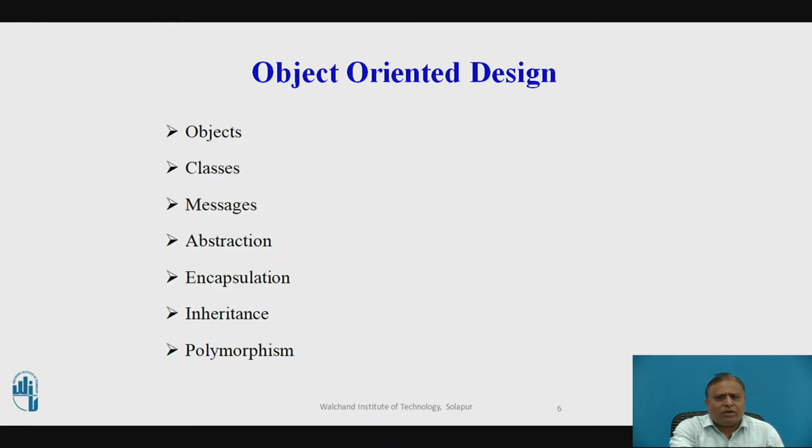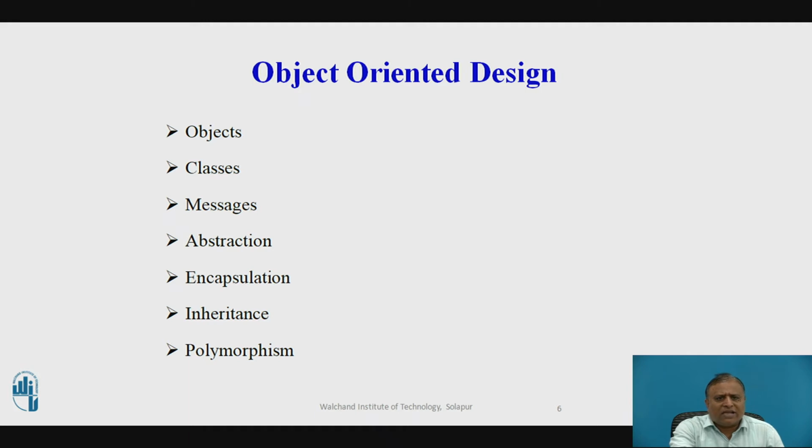In object-oriented design, the first concept is objects. All entities involved in the solution design are known as objects. For example, person, bank, company and user are considered as objects. Every entity has some attributes associated with it and has some methods to perform on the attributes.